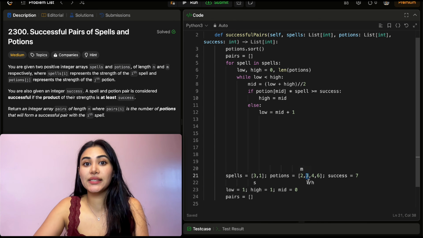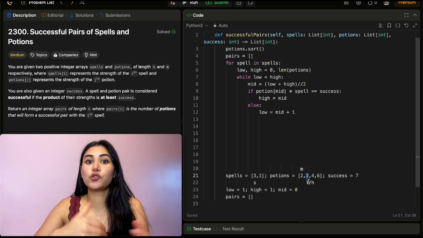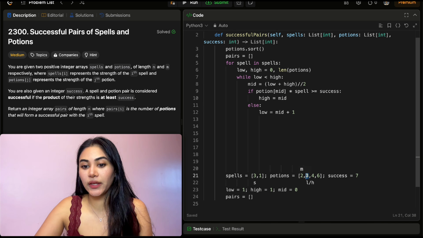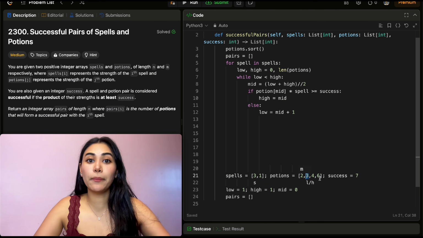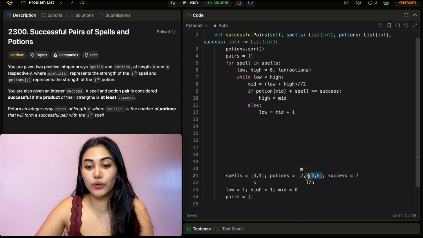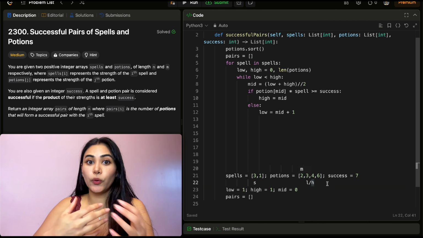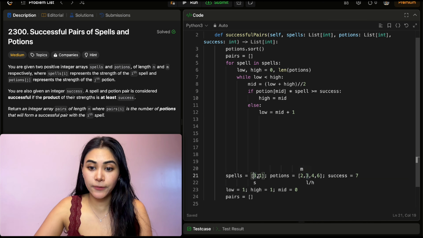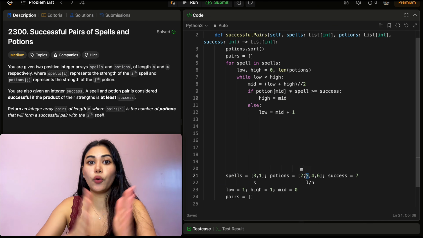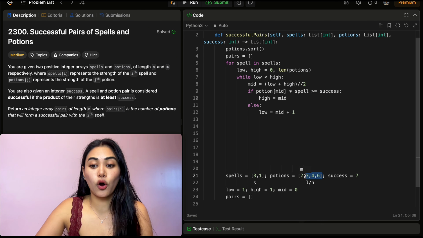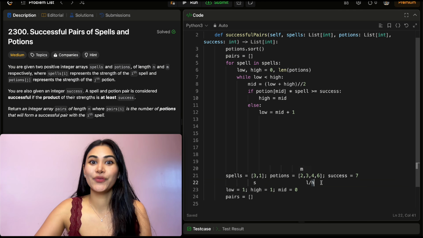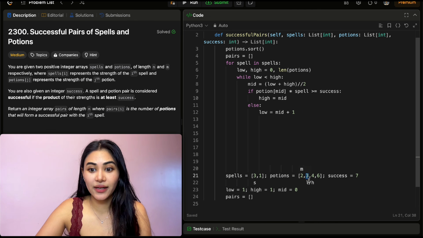and we know this index marks that first potion that is going to be greater than or equal to success, right? Index 1 right over here, 3 times 3 is 9, greater than or equal to success, and every number after this is also greater than or equal to success. So how many total potions will be successful when multiplied with 3? Well, we're at index 1 right now. The total length of our potions is 4. And we know 3 of them are good potions. So all we really need to do is 4 minus the index we end up on